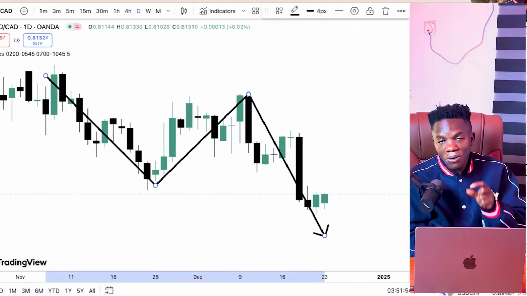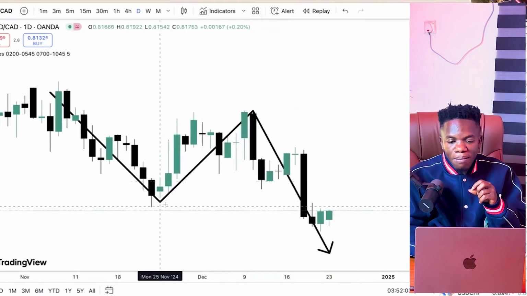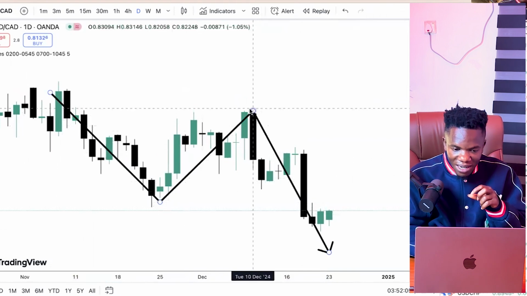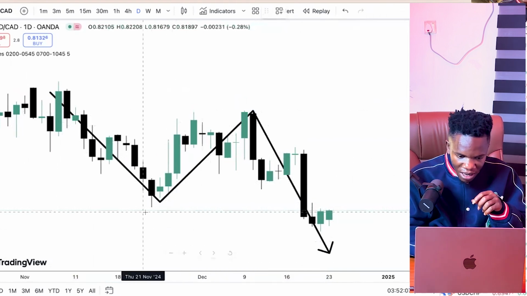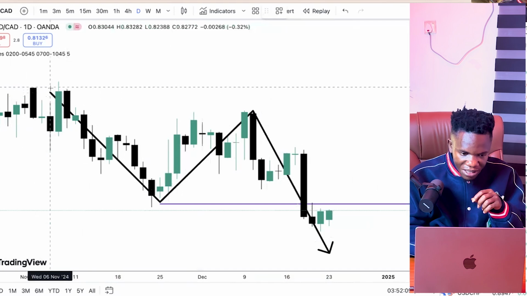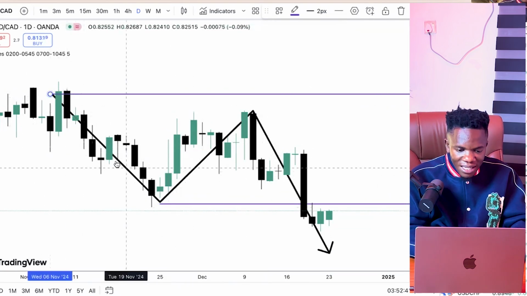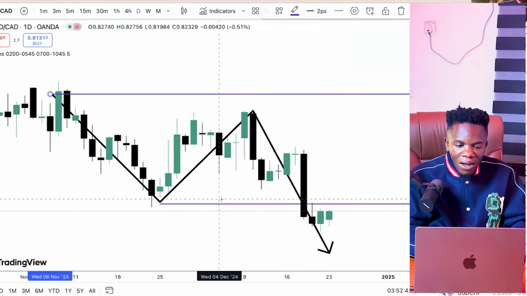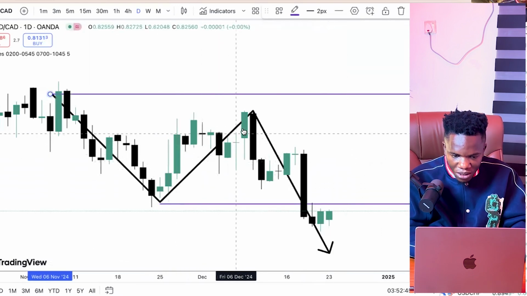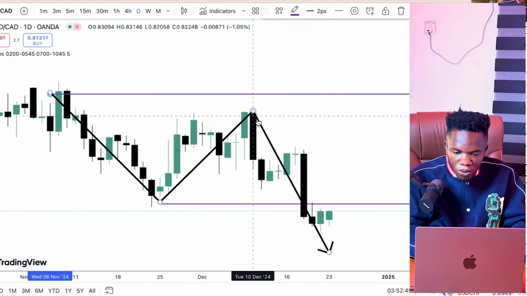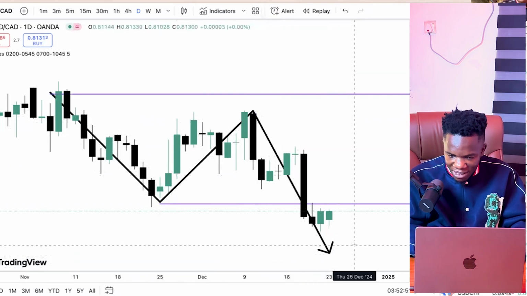This is the amazing part I want you guys to pay attention to. If the market is in the range, the range means, for example, from this place to this place, this was the previous range. Then the market now retraced back. So this was the recent range before this one. Now this was the retracement back into the range. I'm not interested in this retracement. I'm interested in this move outside the range. This is the amazing part of it.